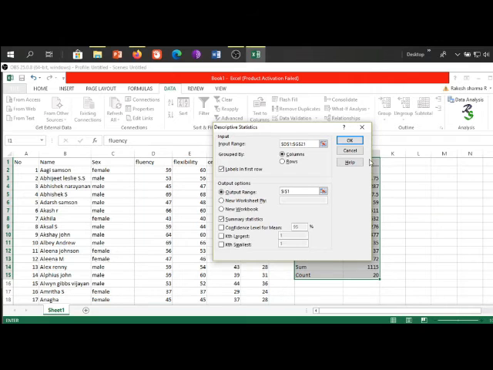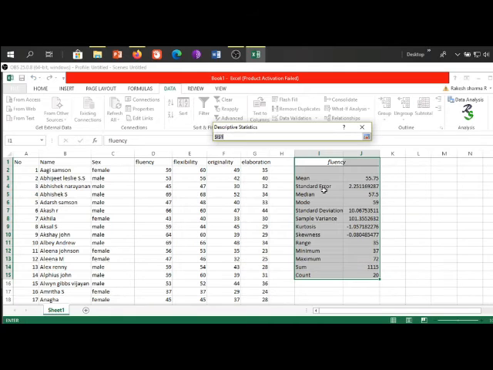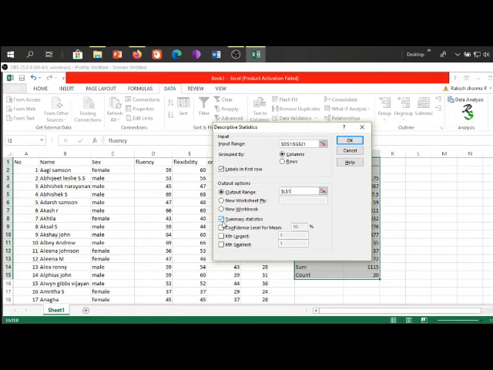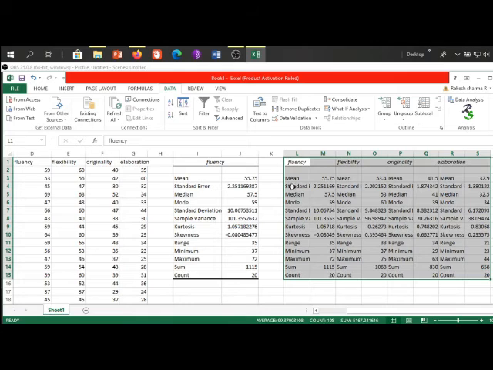Then revert back to the window, Labels in First Row, output range, then I am clicking once more since I cannot fill in the I column. I select the L column for the next option of analysis, then Summary Statistics, click OK and you get the result.